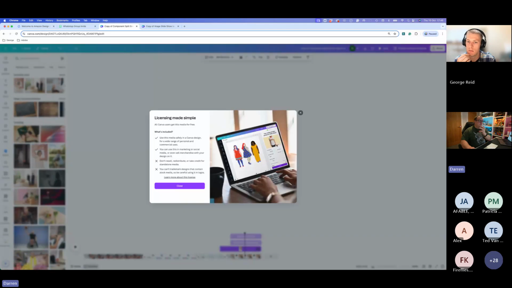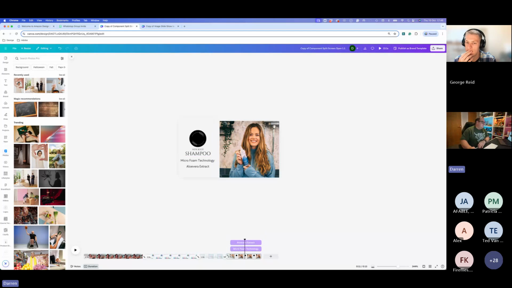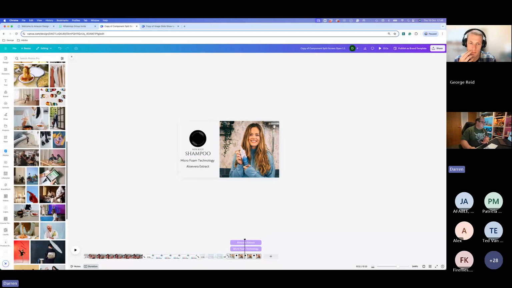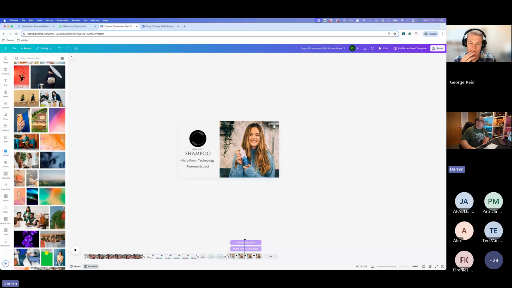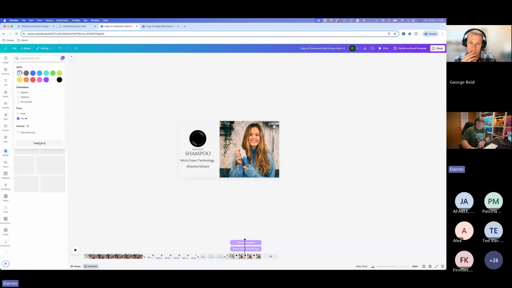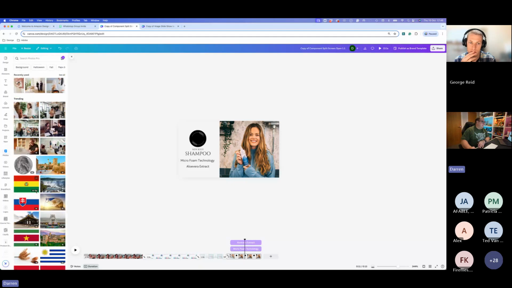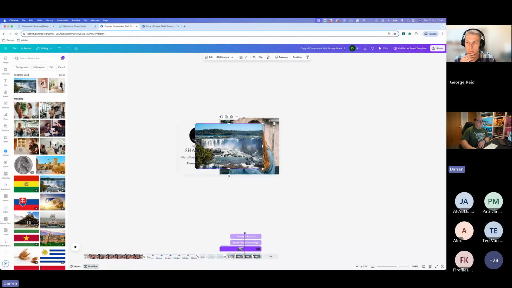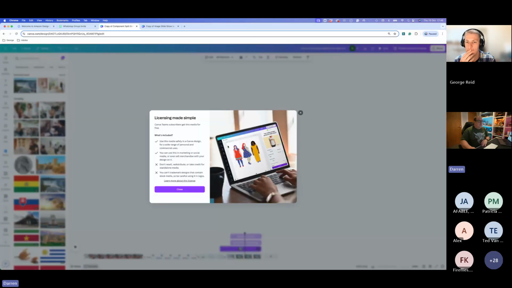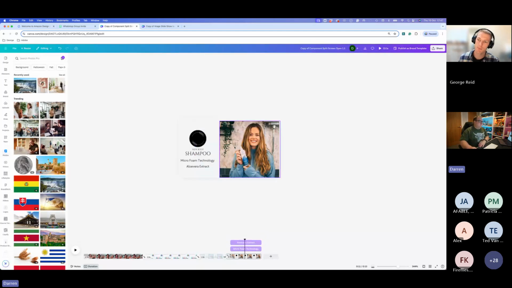This is just a free image because there are Pro images as well in there. And if you are using Canva Pro, you'll see some of those. These all seem to be free images that I've got come up here at the moment. There you go. If I click on Pro, you'll see that the Pro images have a little crown next to them. And again, if you click on the three dots, come down to Info, you'll see free for Canva Teams and Canva Pro accounts. Click on the information and it'll tell you what it's available for, and you can learn more about the license by clicking on this little link here and work that out from there.